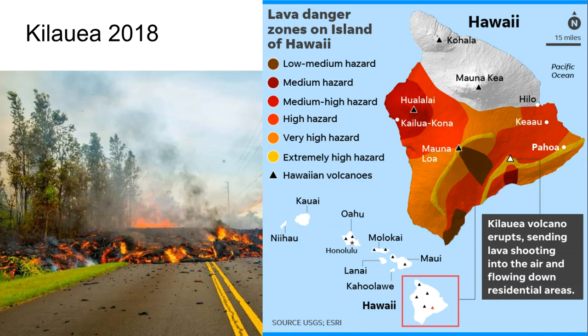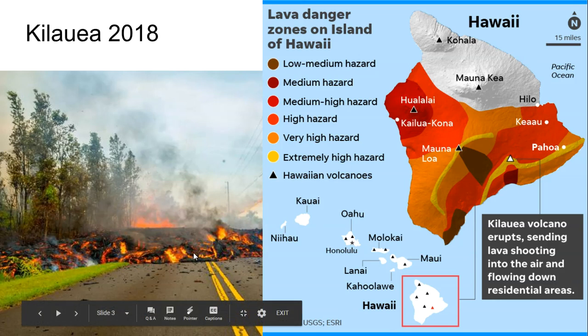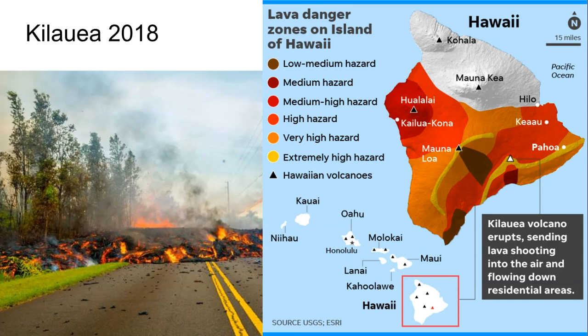So Kilauea last year was erupting quite a bit, and here's an image of some lava heading down the highway. Kilauea is one of a number of volcanoes in Hawaii, and of course, Hawaii being a hotspot, as has already been discussed. Hotspots are stationary plumes of mantle material that make their way up to the Earth's surface, generally pool under the crust, and eventually come out through vents. These are typically shield volcanoes, and so the Big Island of Hawaii has several active shield volcanoes. Kilauea is just one.